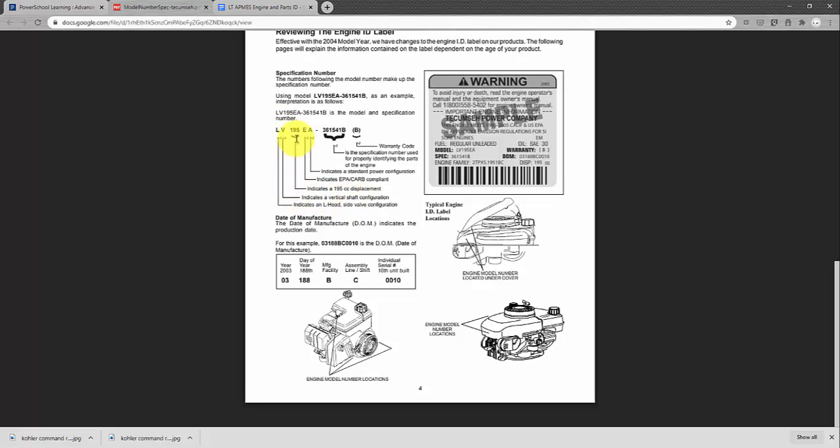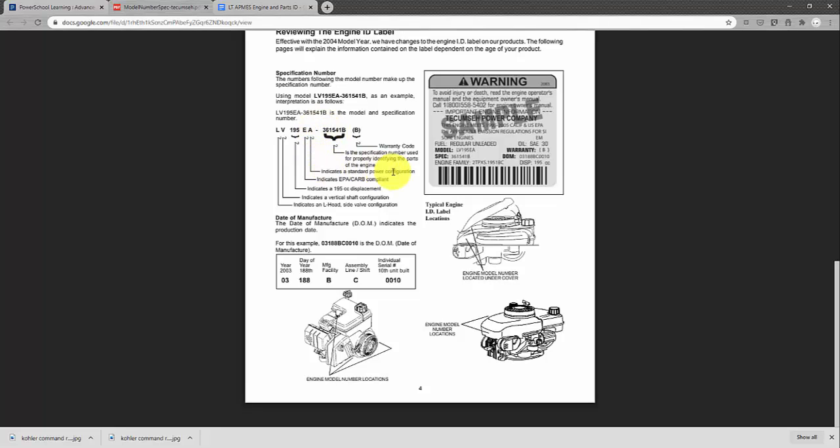Well, if it's not a vertical shaft engine, it must be a horizontal. So you might have like an OHH55, meaning that it's an overhead valve horizontal configuration, and the 55 would be a 55 cc displacement. And then you can see here E is EPA carb